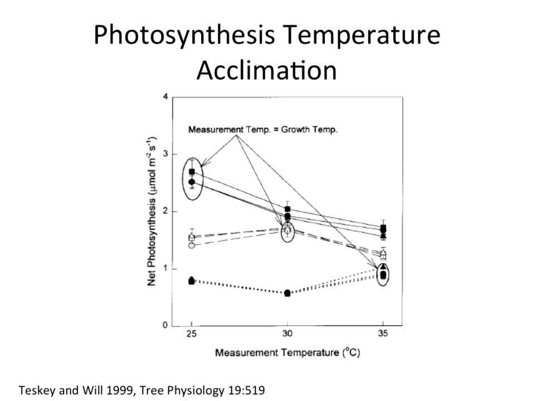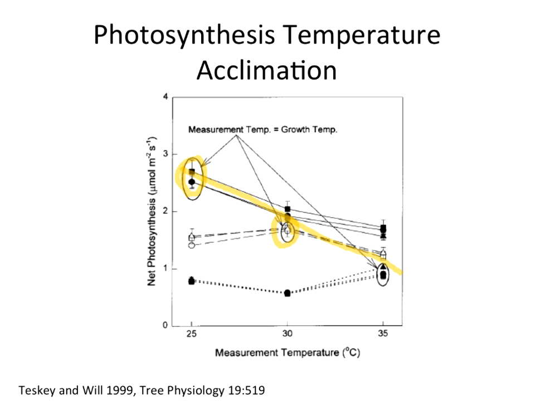at their growth temperature. So for instance, trees grown in 25 degrees Celsius had their highest photosynthesis rate at that temperature. Trees grown at 30 degrees Celsius had their highest photosynthesis rate at that temperature, and the same at 35 degrees C. Now, there were variations in the absolute rate of photosynthesis at those different temperatures, but basically trees adjust to essentially optimize their processes at a given temperature. Now, there are limits to the